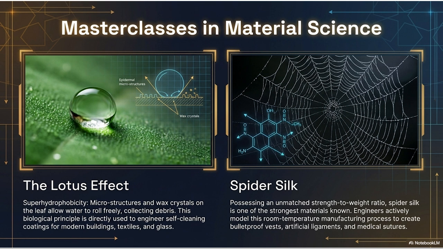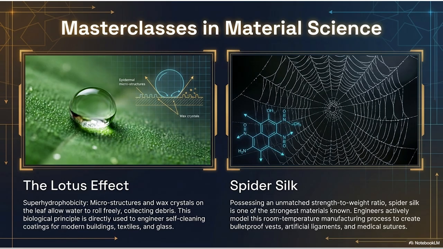And because it's a perfect sphere resting on tiny pillars, it has almost no friction. The slightest breeze or tilt of the leaf causes the water droplet to roll freely across the surface. And as that spherical droplet rolls, it acts like a sticky snowball. A sticky snowball. Yeah, it picks up every single microscopic particle of dust, mud, and debris on the leaf and carries it away. The water literally cleans the plant.